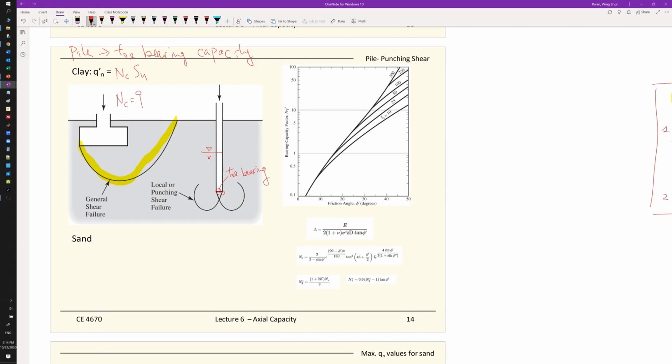And for the sand, it gets a little bit more complicated. So the toe bearing capacity will be equal to B, which is the diameter of the pile, times the unit weight of the soil, and then the first Terzaghi factor N sub gamma, and then plus the effective stress at the toe, and then this is N sub q, another Terzaghi factor, just like the bearing capacity from the shallow foundations. So the B here is the pile diameter,